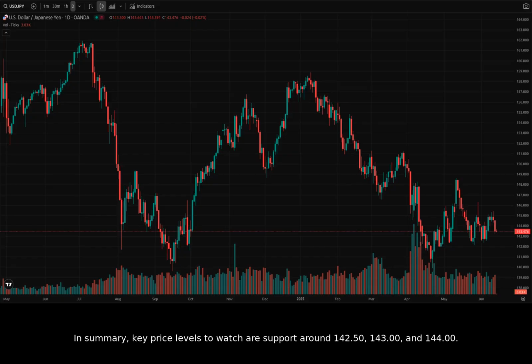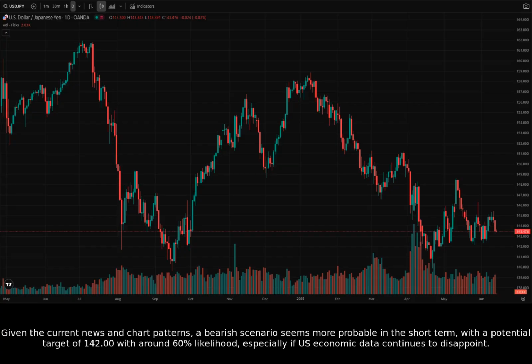In summary, key price levels to watch are support around 142.50, 143.00, and 144.00. Resistance levels lie around 145.50, 146.00, and 144.60. Given the current news and chart patterns, a bearish scenario seems more probable in the short term, with a